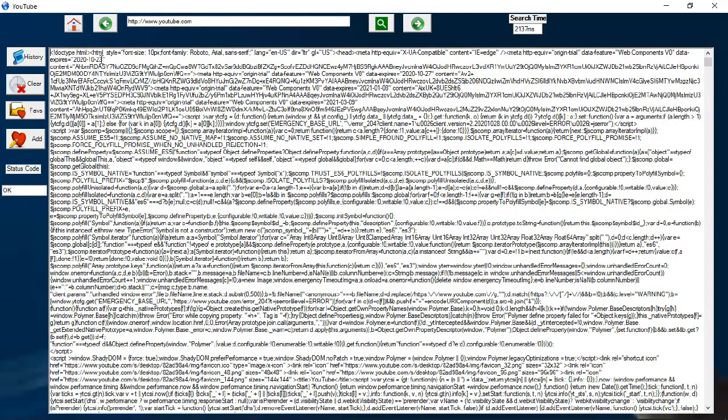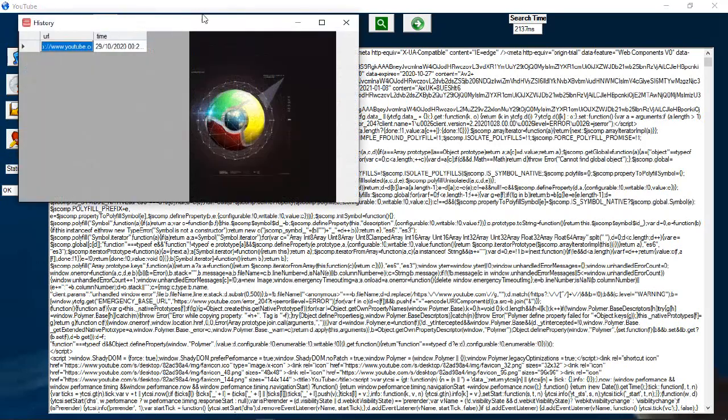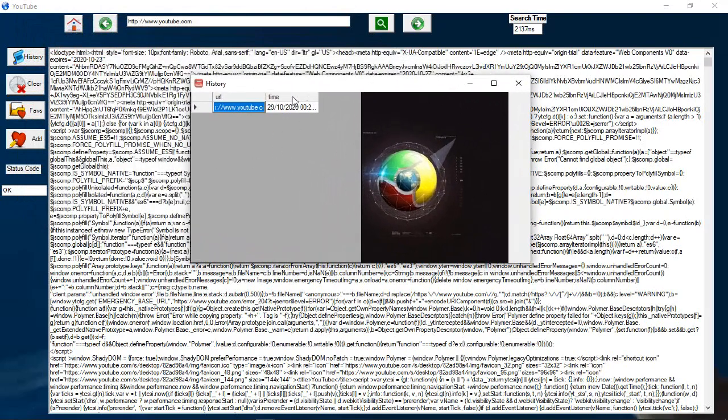And now what can we do from this page? Well, in this interface there is so much you can do. First things first, let's look at the history. If you click on the history tab, you will see all the previous sites you have visited, and here you can see the first site we have gone to is YouTube at around 00:29, this is the time of the visit. That is 3 minutes after I started this video.